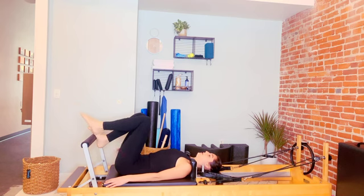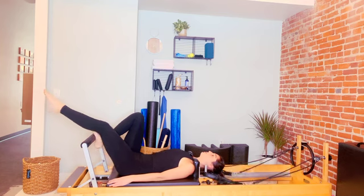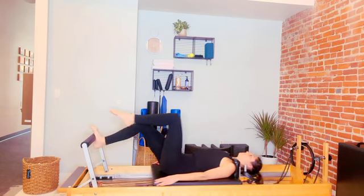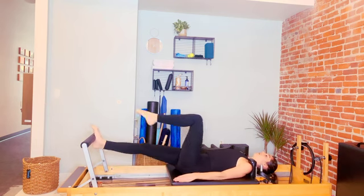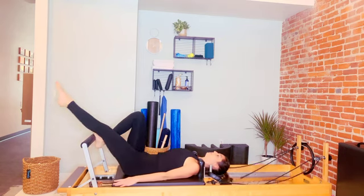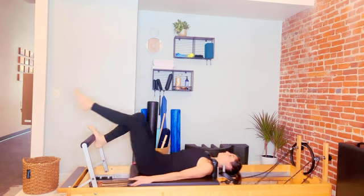Keep that right foot on. Left leg this time is gonna reach over that foot bar. We're gonna press the carriage out, bend that left knee into tabletop. Reach it over the foot bar as we come back in for bicycles. Press, bend, reach over. Inhale out, exhale back. Think about those low abdominals, drawing in and up your spine on each exhale as you pull that carriage back in. Let's do 3,